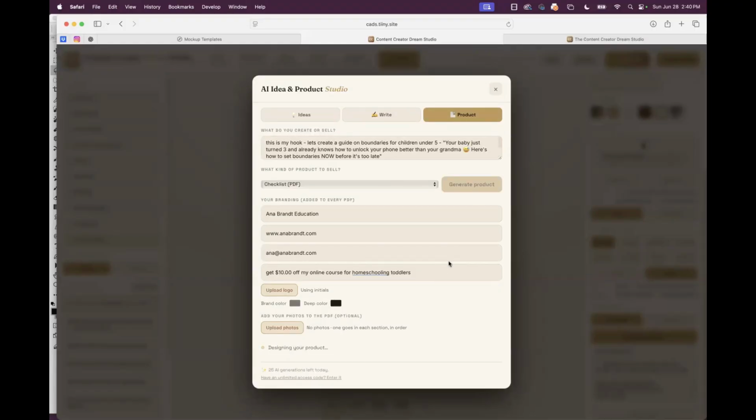You're going to go get some coffee, and it's going to come back and give you an actual product. Now you can change it, you can modify it, but you keep going in here. You can set up an entire social media page. I can have you set up an entire business.